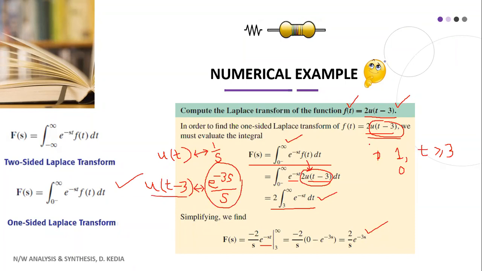And what we want is the Laplace transform of 2 times u(t minus 3). So if you multiply with 2 here, your answer will also be multiplied with 2. So this is the same answer as you have calculated by using your Laplace integral expression. Okay, I hope this is a very simple thing and all of you are pretty clear about the solution. Next, let us move forward.